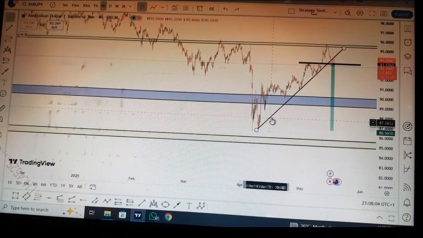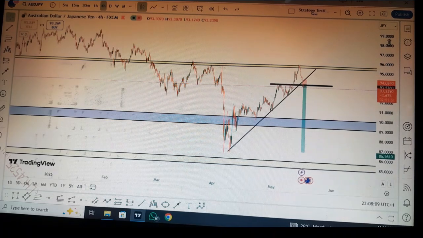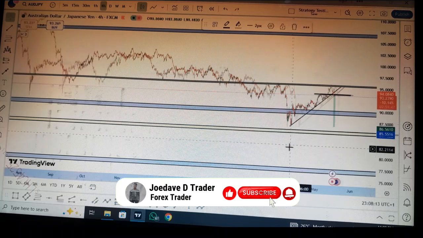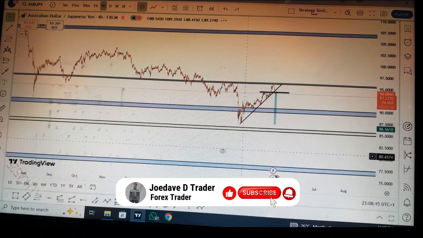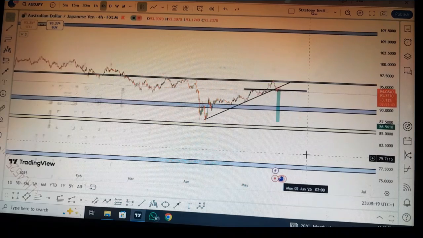I just wanted to share this update with you, and now you can continue with the video. This is my analysis on both pairs, AUD JPY and SND card. I'm bearish on both pairs. So for this setup,